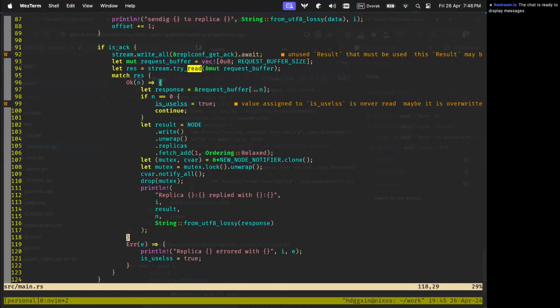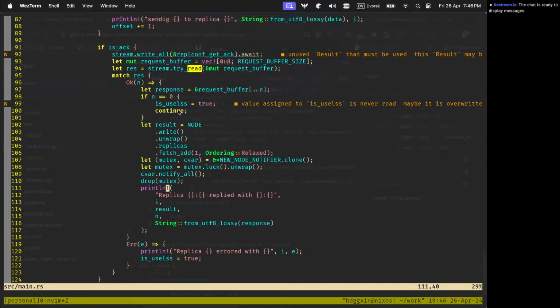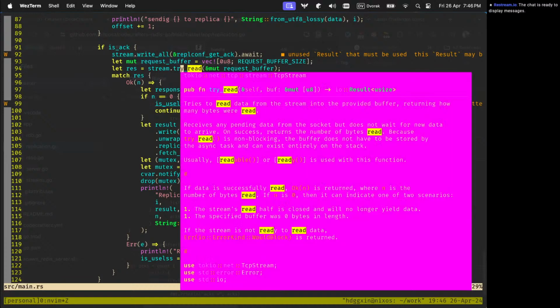So in this whole thing, somewhere something is blocking. There is this mutex and we are dropping it, and there is notify all. Will this ever block? No, I don't think so. What else can happen? So this whole response, try read.